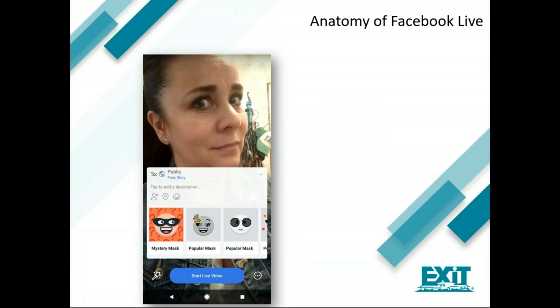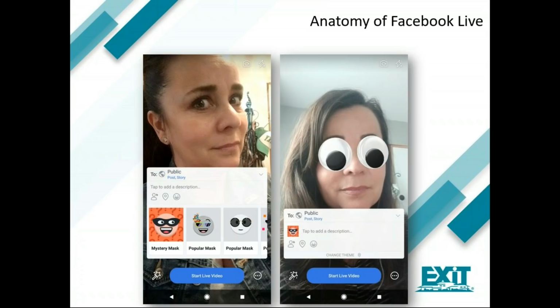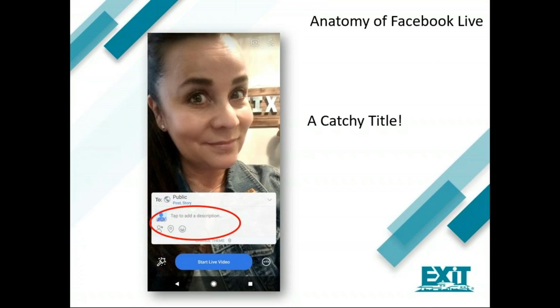But when you click on the mystery mask, it imposes this mask over your face, which is quite interesting. Now, this too, I will admit, I just can't bring myself to do this because I want people to take me seriously. But in honesty, if you saw this on your news feed, I'm sure you'd be like, what the heck is this, right? And it might even cause you to watch, but I just can't do it. I can't.